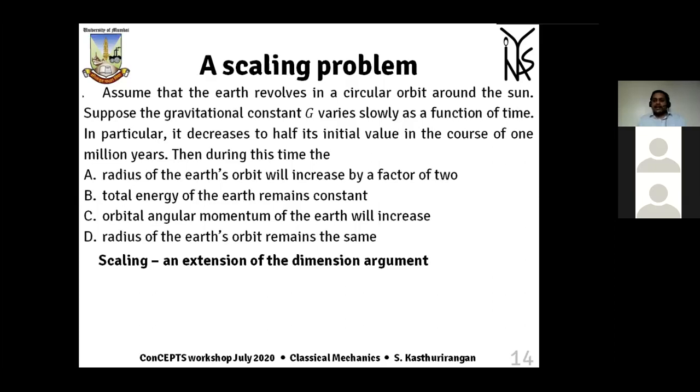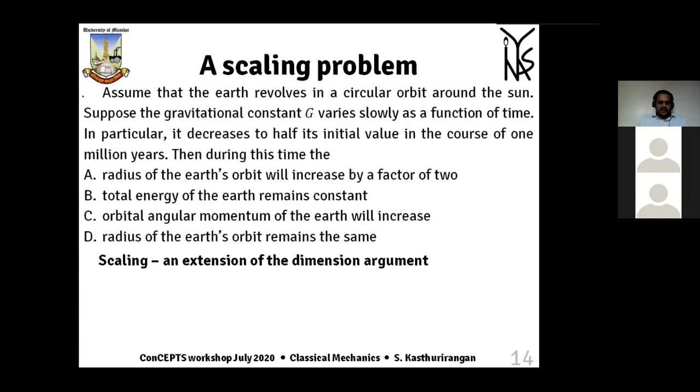But it is still having a potential energy term which is only R dependent. It's a central force. And in any central force problem, one of the sacred rules is angular momentum will not change. Whatever else happens, angular momentum is not going to change. So option C, strike it out first. The moment you see it's a central force problem, angular momentum is not going to change. This is something like you have to drill this into your head. Angular momentum is not going to change in a central force problem.